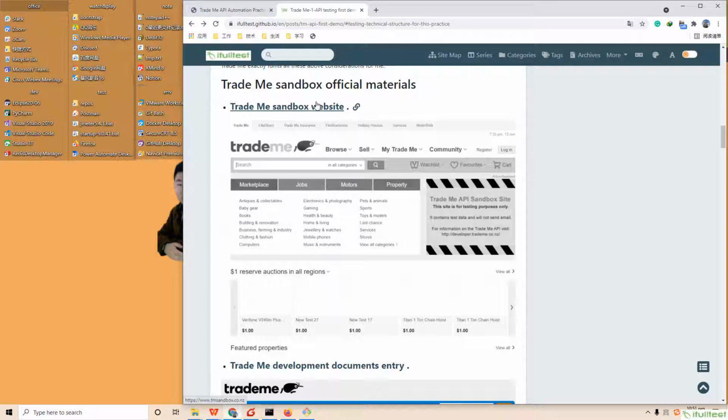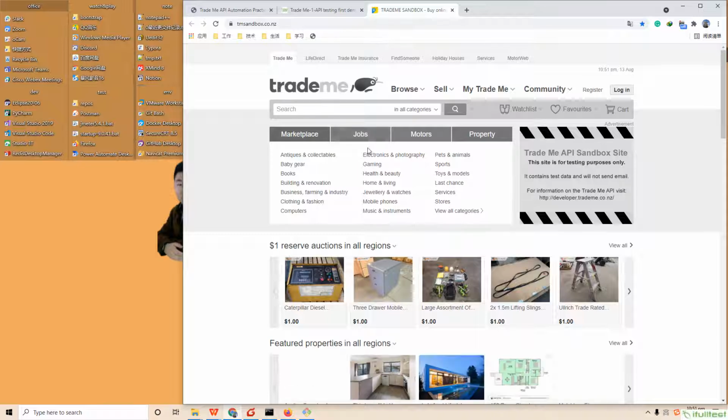Let's move to the overview of the TreatMe front-end and back-end environment. The TreatMe sandbox front-end UI is like this. Register a user and choose some typical transactions from the UI side, then point to the corresponding APIs from the official API documents.